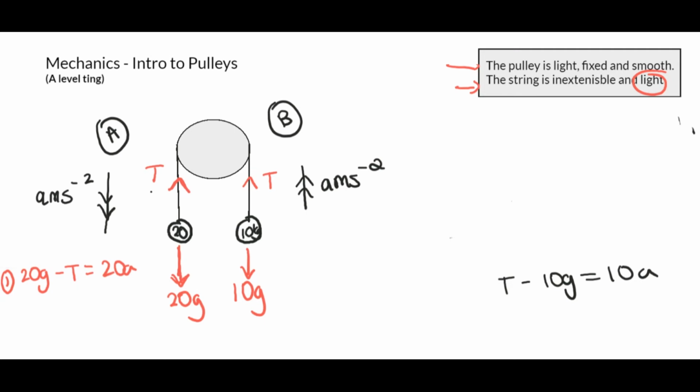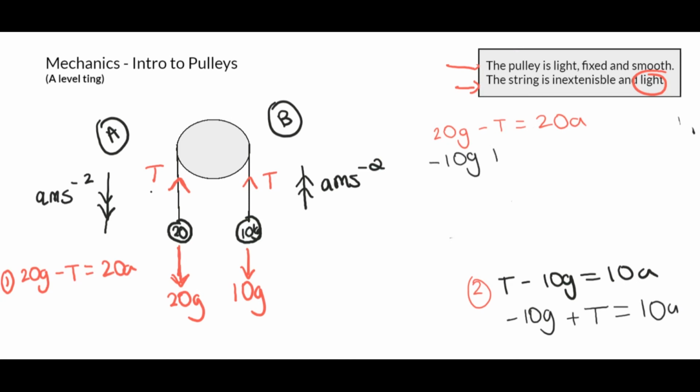Alright, yeah, that's cool. So, remember the first equation. We've got 20g minus 10 equals 20a, yeah? The second equation, which is this one here, is telling me T minus 10g equals 10a. So what I can do is, if I rewrite, let me put it in black though, yeah? If I put minus 10g first, then plus T, then equals 10a. That's exactly the same thing. All I've done is replaced these two positions. So I'm going to rewrite that up here: minus 10g plus T equals 10a, okay?